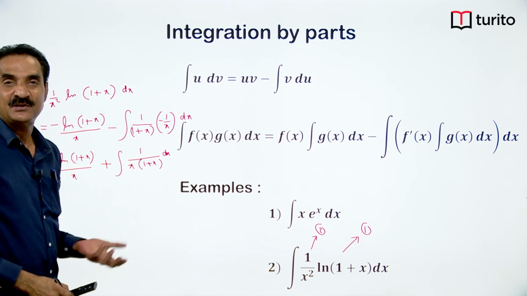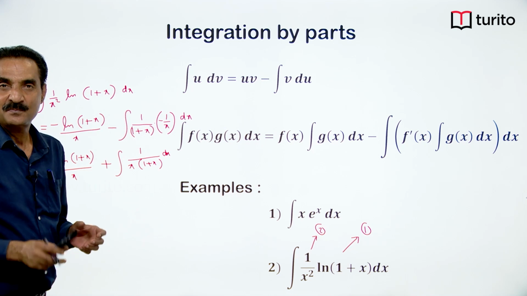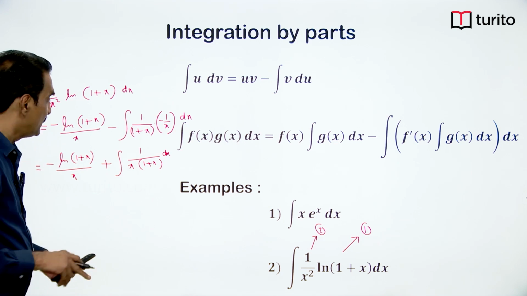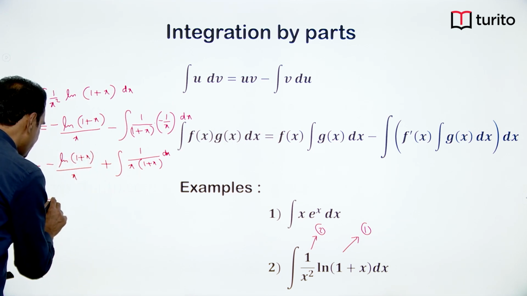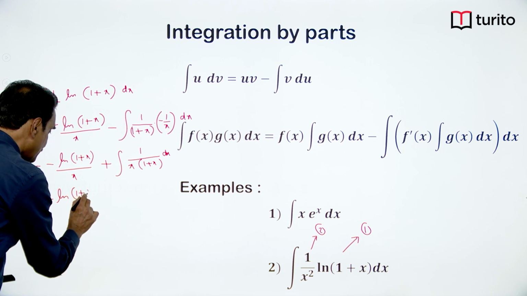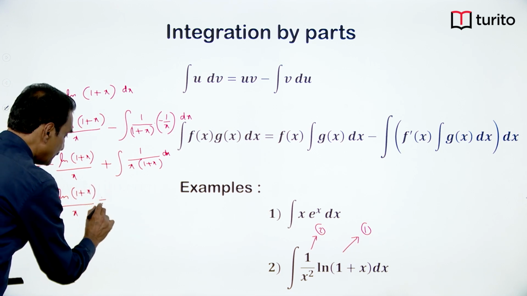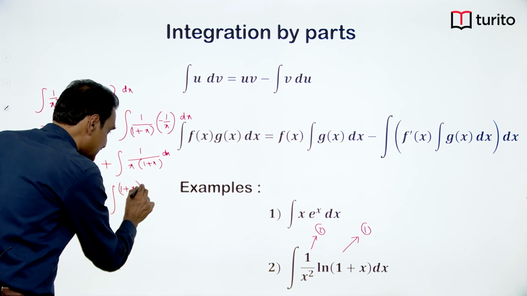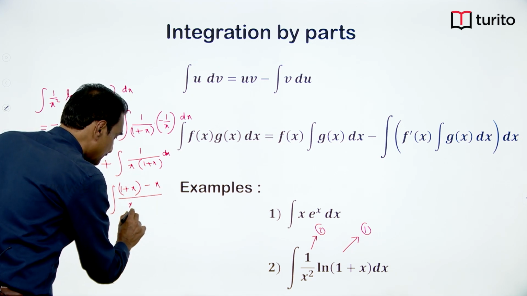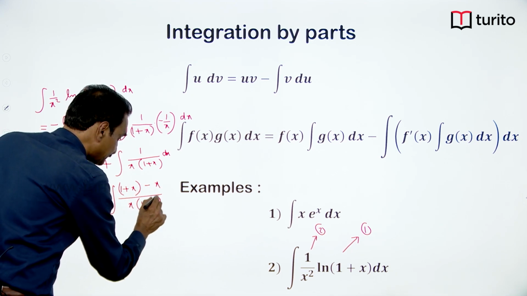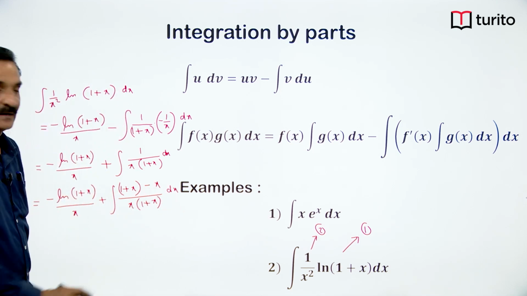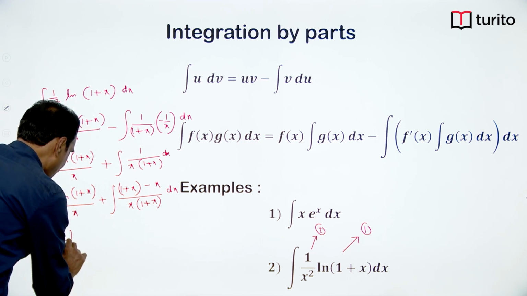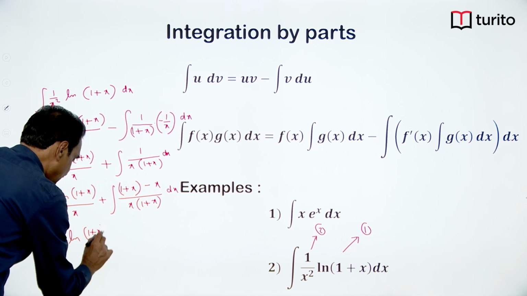How to integrate 1 by x into 1 plus x? We have already discussed the partial fractions method. We have to express it as partial fractions. For expressing it as partial fractions, we can write numerator 1 as 1 plus x minus x by x into 1 plus x. Now, separating the denominator, you will get minus of ln 1 plus x by x